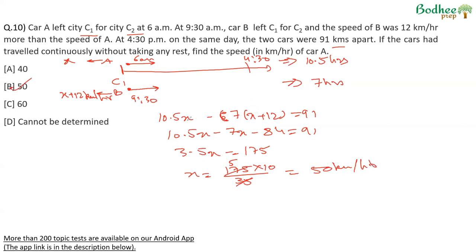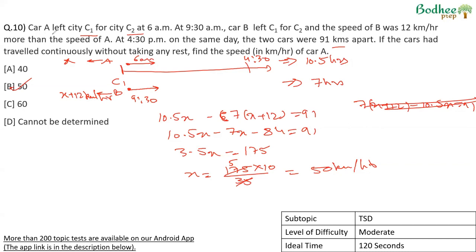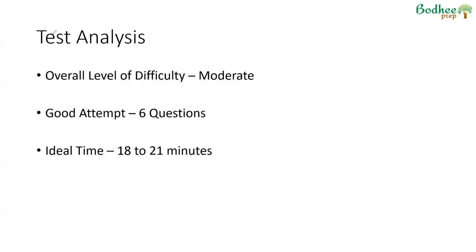Even if you're not sure which car has traveled more, simply take the other difference, 7 into x plus 12 minus 10.5x is equal to 91. We'll get a negative answer, which will mean that this is a wrong equation. Overall, I think it's an easy to moderate question and should not take more than about 2 minutes to solve. And therefore, if I look at this test on an overall level,